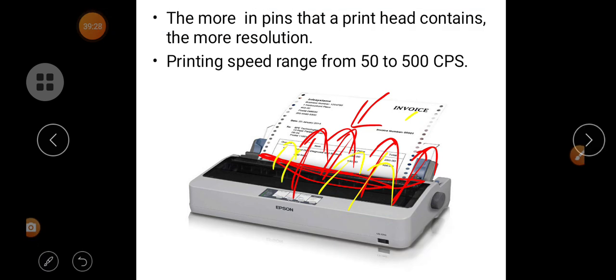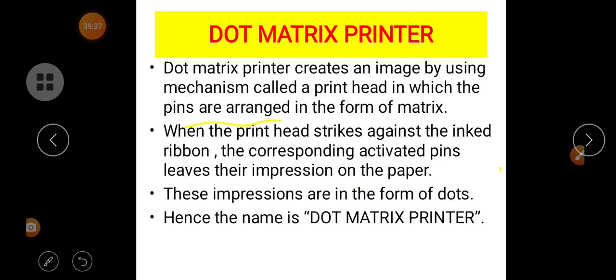The corresponding pin is going to hit this paper, so that the ink will spread onto the paper and the letter will be printed. I hope you all are understanding. These impressions are in the form of dots, hence the name is called dot matrix printer.